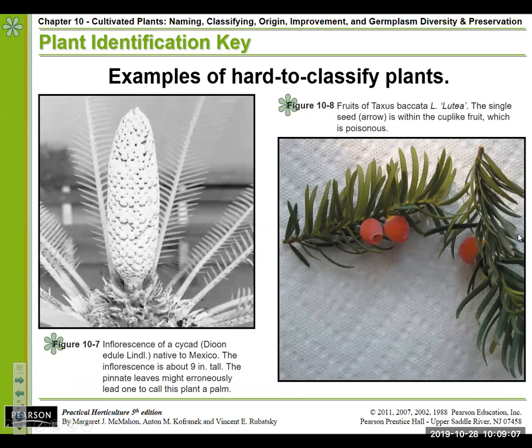Some of these plants are kind of hard to classify, though. It didn't prevent them from classifying them, but I think of these as like evolutionary steps. So, for instance, in this cycad, we've got a cluster or an inflorescence of flowers, and also this pinnate foliage that makes it look a little bit more like a palm, but it's actually a cycad,